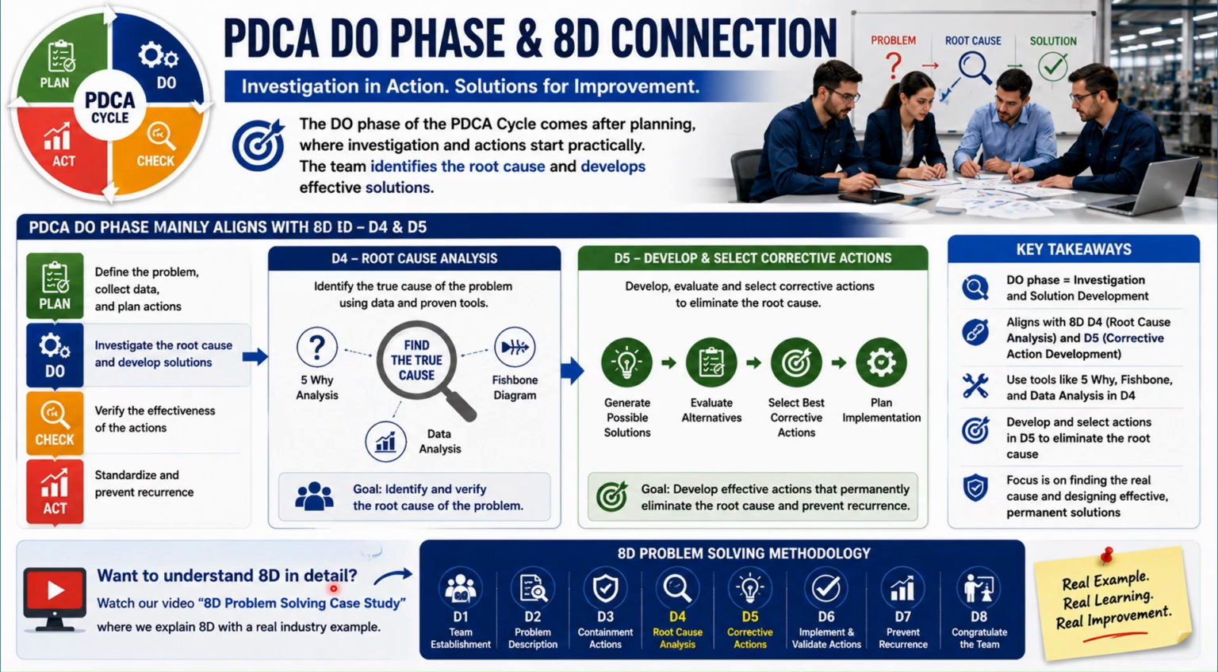During this step, the team develops, evaluates, and selects corrective actions that will eliminate the verified root cause and prevent the problem from recurring. In simple terms, the do phase is where investigation is transformed into action. It's the stage where organizations identify the real cause of a problem and develop effective corrective actions to achieve lasting